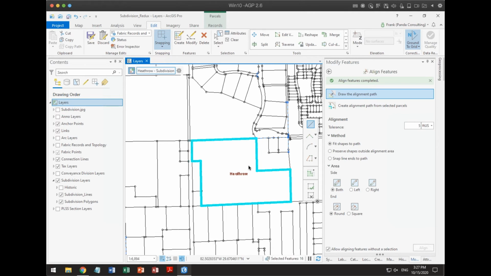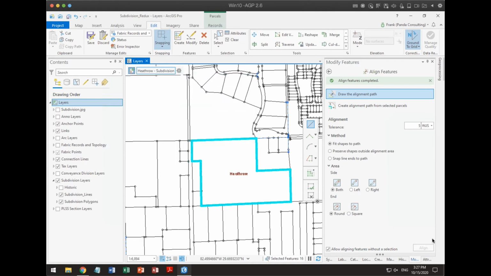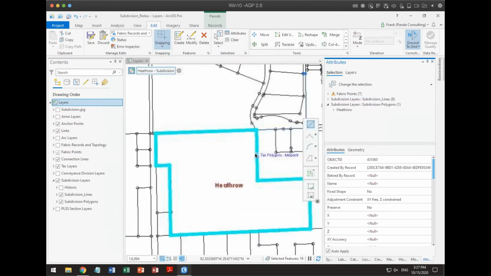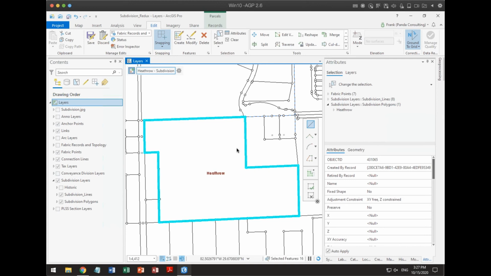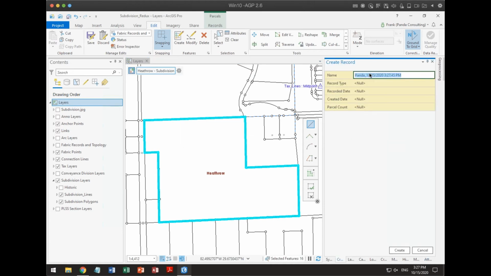All right. So I have selected, let's go ahead and cheat a little bit and select everything associated with this record. So I have my points, I have my lines, and I have my polygons on here. The visibility issues on there. Okay. Now that I've got that, I'm going to use my concept of, okay, now let's create a new record and